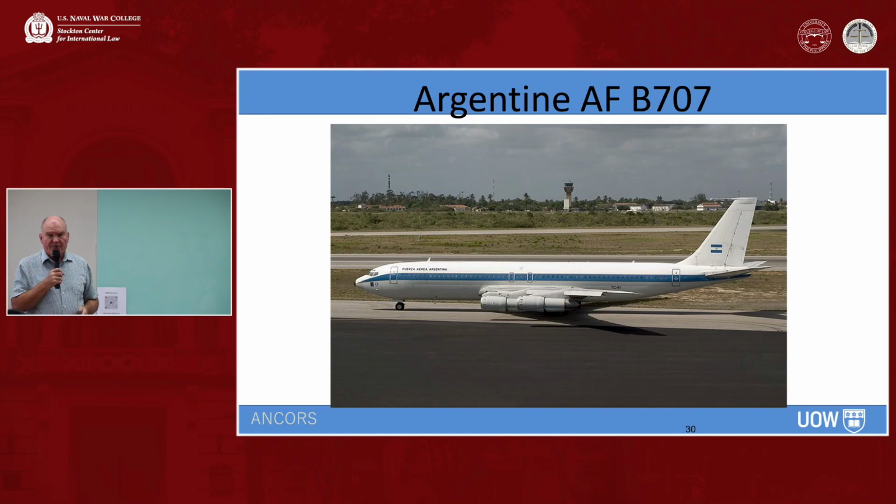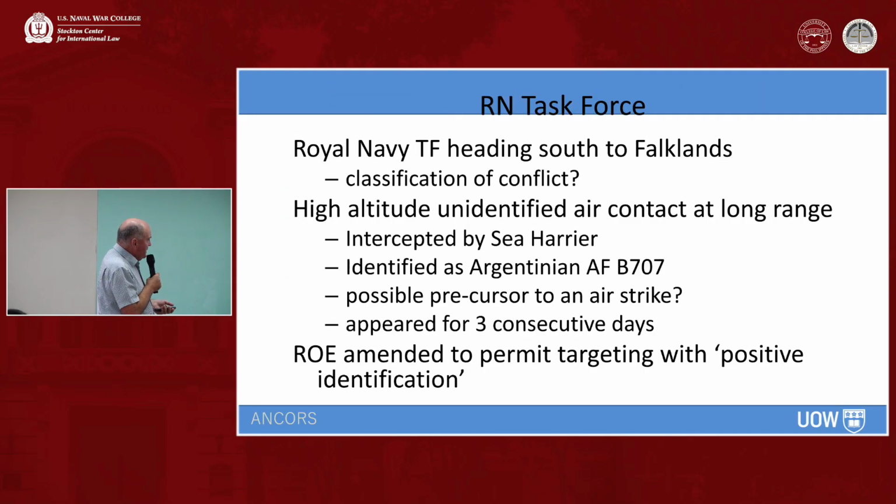And a 707 looks a lot like a commercial airliner because that's what it is, modified for military use. The concern of the task force commander, Admiral Woodward, was that this 707 had come out a number of days. It had found the task force and it had